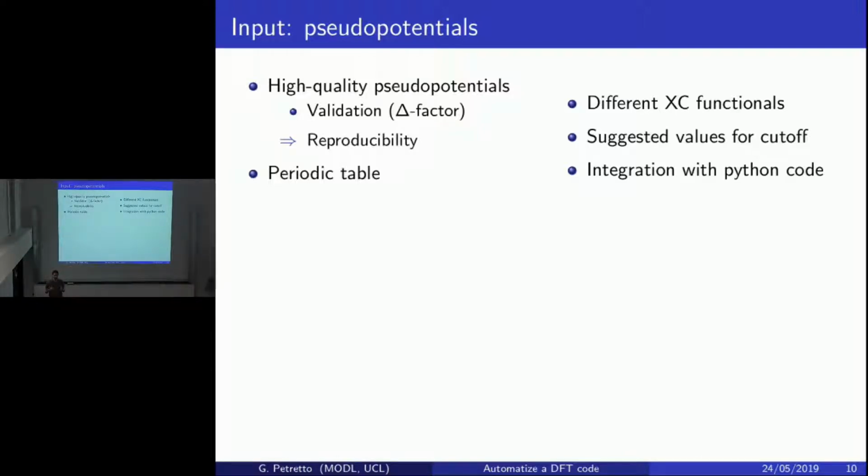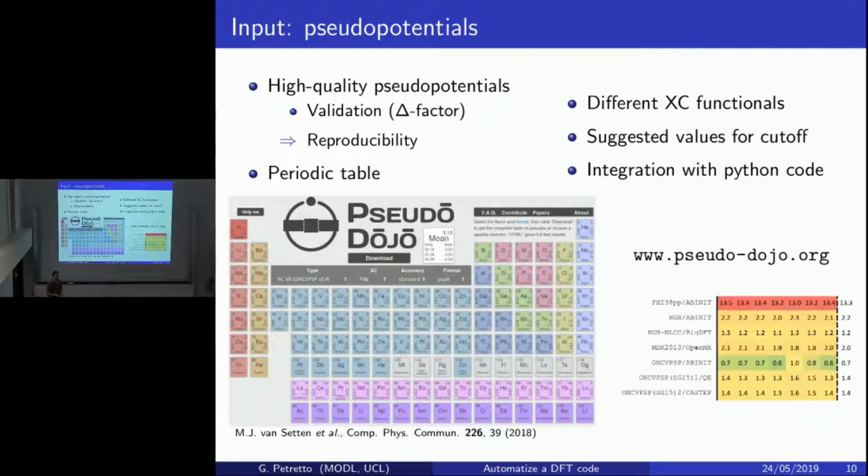One wants calculations that are accurate, but one also wants suggested values for the cutoff, so that one does not have to make a long convergence study about that, and a direct integration with the Python code. This was done in the PseudoDojo project, which is a table of pseudopotentials that are available even in the Quantum ESPRESSO format, and this was a huge advance